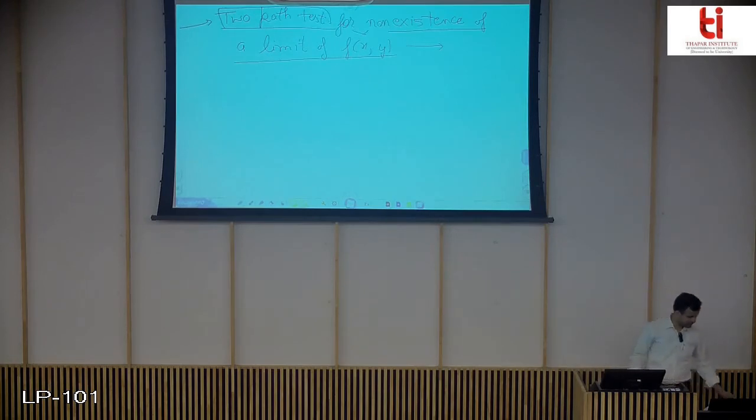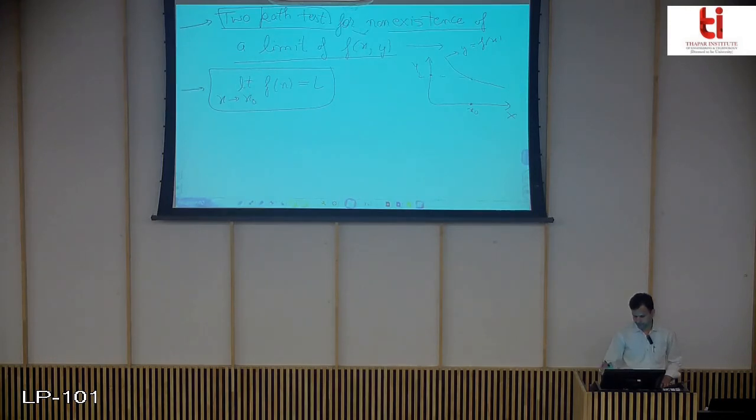Before going to that, we must understand what the theory behind the two-path test is. So for that, I'm coming back again to the definition of limit in a two-variable function and a single-variable function. We are looking at it from a geometrical point of view. So let us say you have here the x-axis, the y-axis. This is the curve y equals f(x). Here it is x0. Here it is the value L.